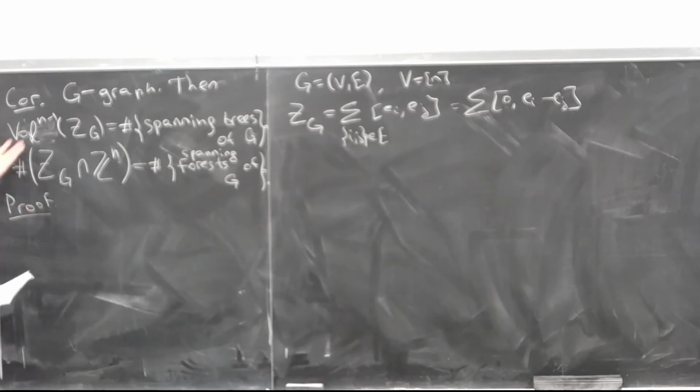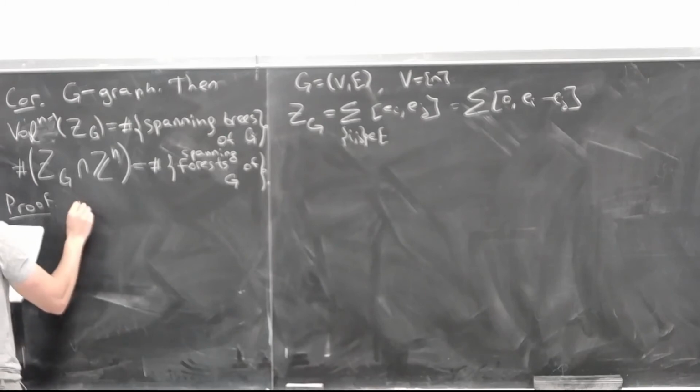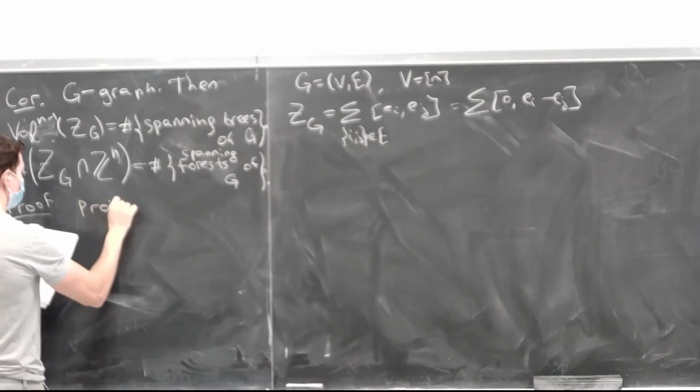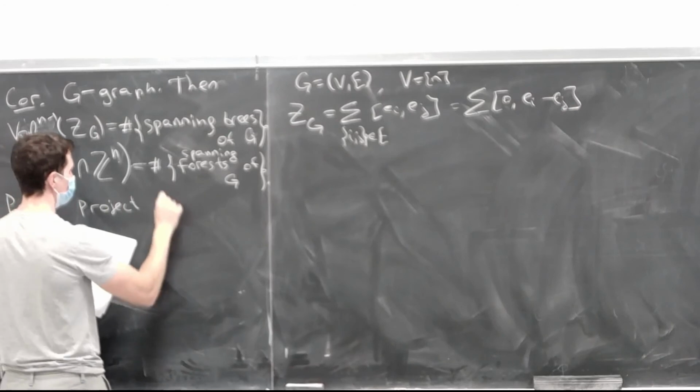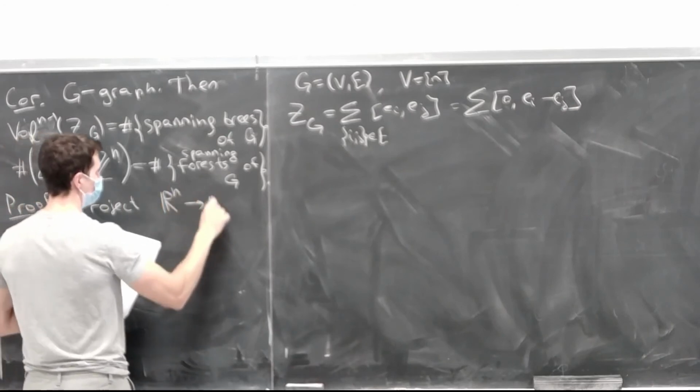That's all easy but annoying. So let me do this properly. Whenever you have a polytope which has one dimension lower than you need, what you do is you just project. You just forget the last coordinate of all points. Project from R^n to R^{n-1}